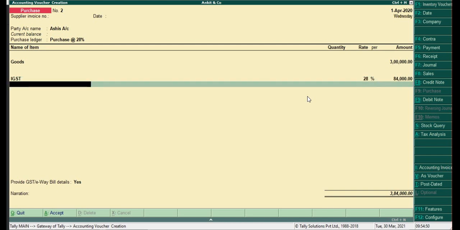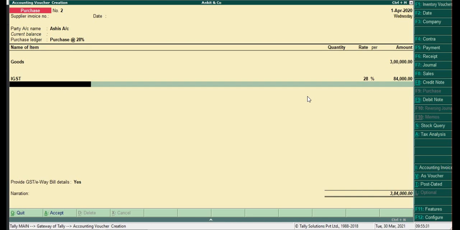Sir, in interstate purchases, will it not be segregated into state and central? No, we won't segregate. That's what I said in the starting class: we'll have 3 types of GSTs, CGST, SGST, IGST, and UTGST. If you are performing transactions within the state, then we'll go with CGST and SGST. When we are doing any transaction between 2 states, then you have to impose IGST. This is the point which you have to remember.